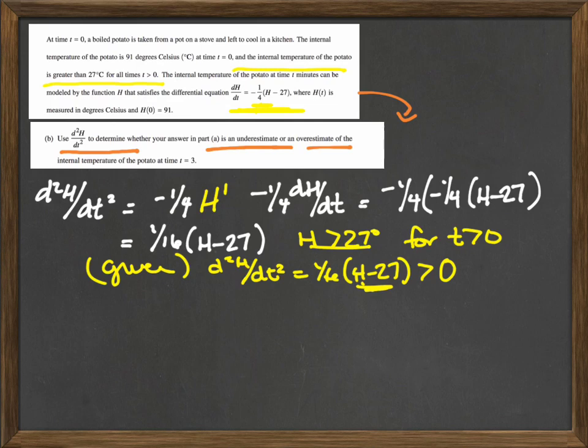So that means since t is greater than 0, this has to be greater than 0. Okay, I hope you understand that. Let me try to say it one more time. We were given this, and they gave it to us for a purpose. They said, hey, every time you have a temperature greater than 0, and we're